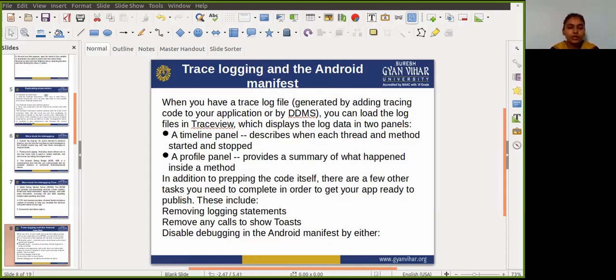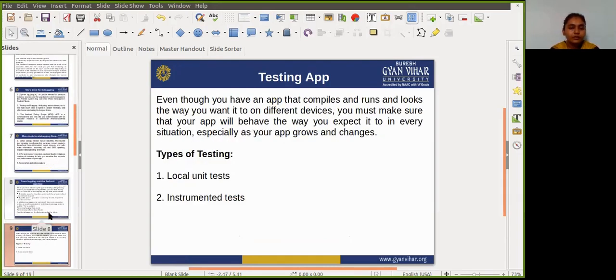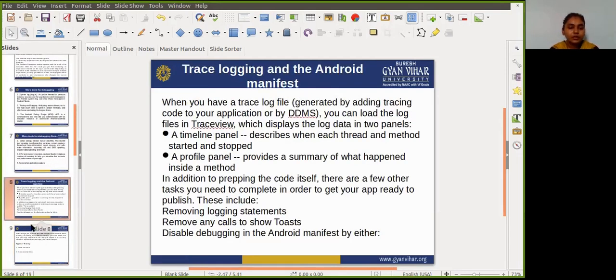These include removing any logging statements, removing any calls to show toast, and disabling debugging in the Android manifest by either removing the android:debuggable attribute from the application tag, or setting the android:debuggable attribute to false.